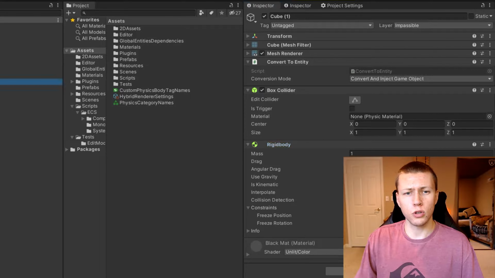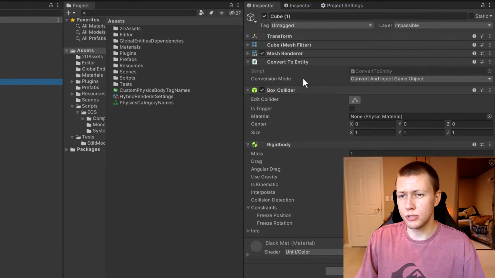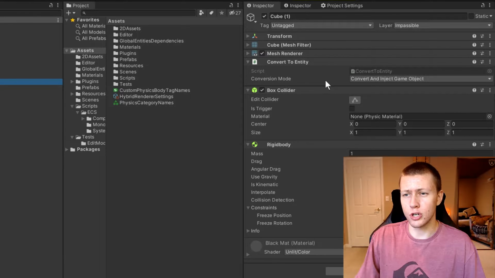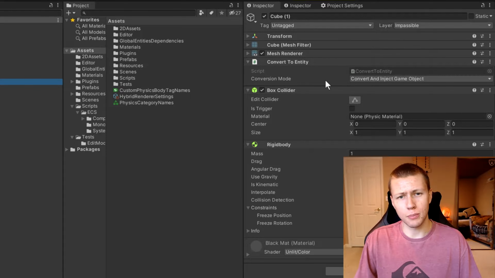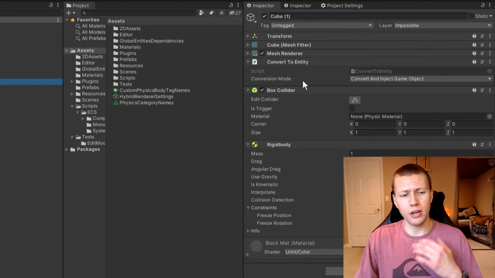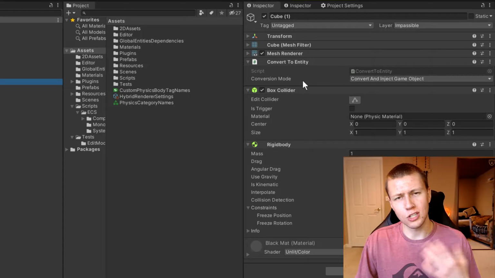And so if we go into the world container and we look at something like one of these cubes here, you'll see that I do have the convert to entity script. However, it is set to conversion mode of convert and inject game object. Now, the reason I'm going to be doing that is because I'm still calculating the cost field using Unity mono